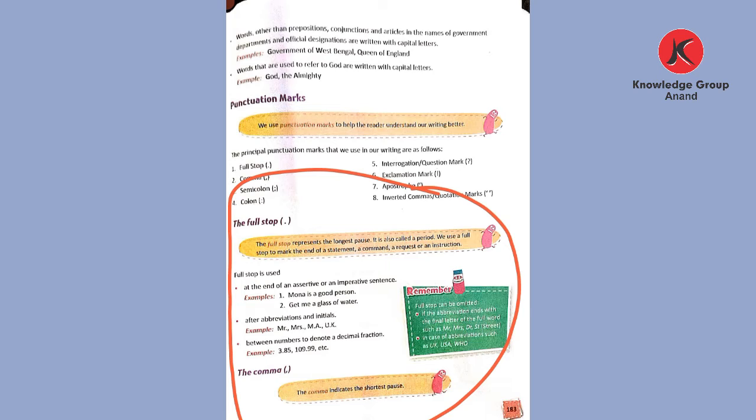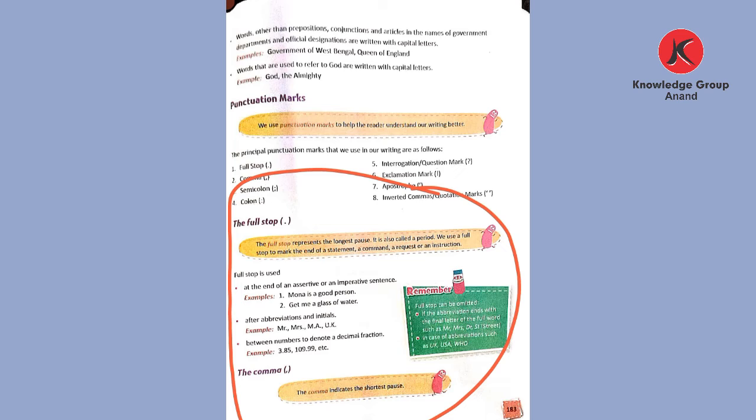While reading, we need to take a little breath. If we read anything continuously, the person sitting before us, or one who is listening to us, may not understand what we are saying. If we read continuously, we don't understand what the point is. So it is a longer pause. It is called a period.